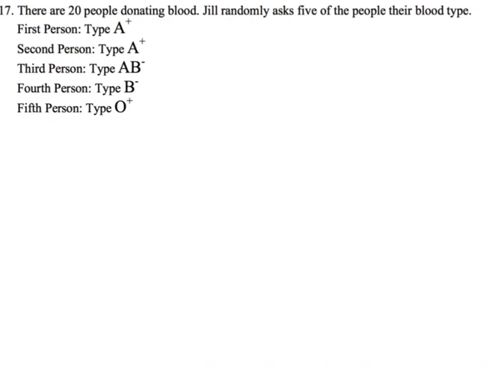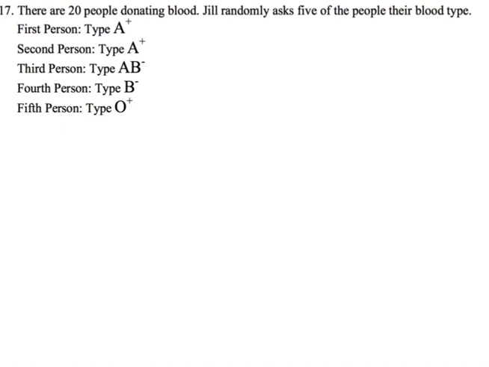Okay, number 17. There are 20 people donating blood. Jill randomly asks 5 of the people their blood type. All right, now let's think about this. 5 people's blood type. Each person's blood type is independent of other people's blood type. So at first, this seems like it'll be independent. And as far as blood type goes, it is. But